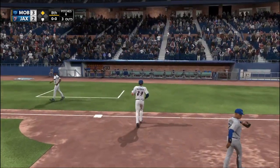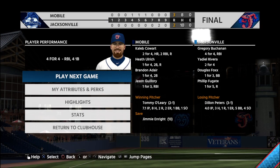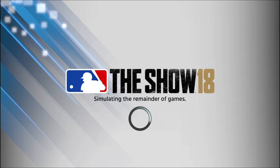And the right fielder is there to make the catch. 3-2 the finish in tonight's game. The Bay Bears took the lead in the fourth and held on until the end. Tommy O'Leary takes the...